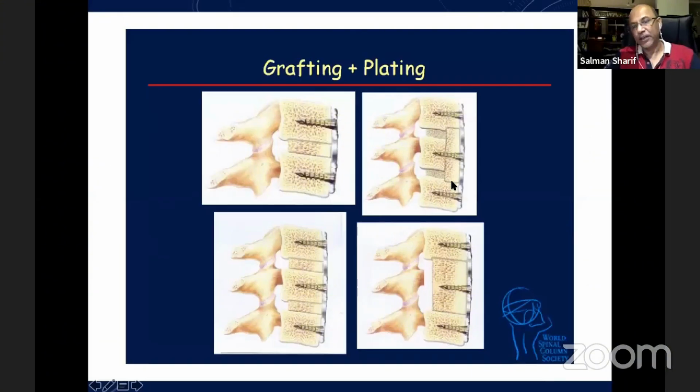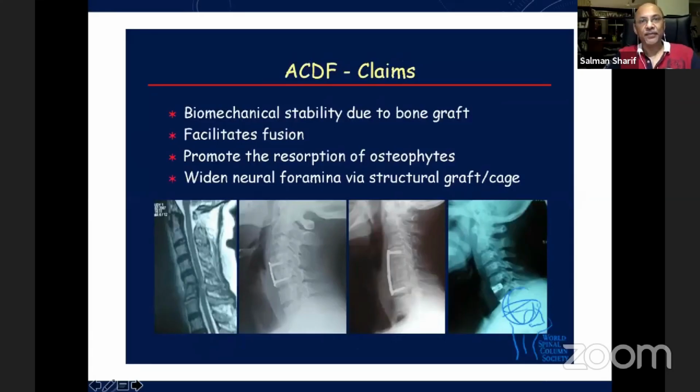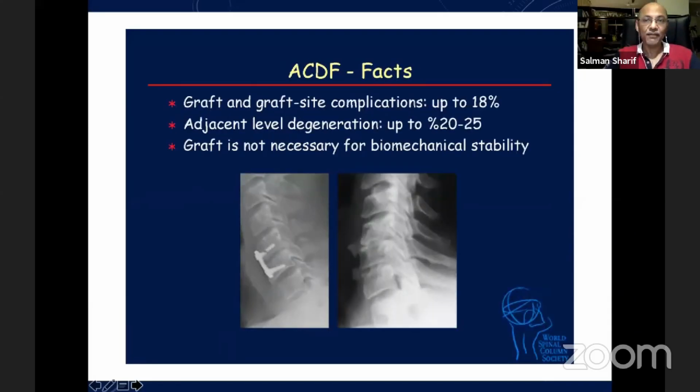Another trick regarding deformities: you put screws above and below, and then you bring the plate close to the bone by the screws, and the whole deformity corrects by that trick as well. The claims are that biomechanically it's stable, facilitates fusion, promotes resorption of osteophytes, widens the neural foramen. The proven facts are the graft and graft site complications